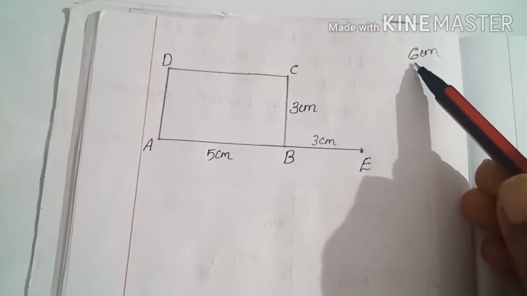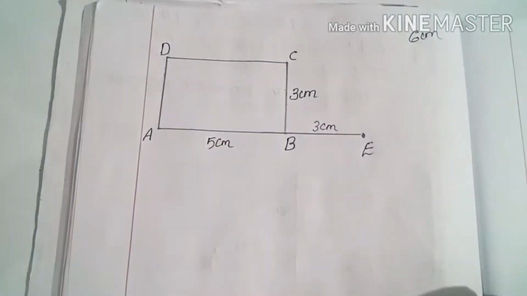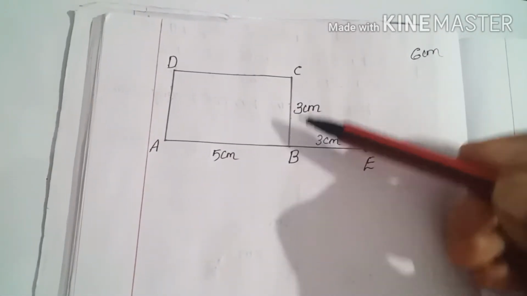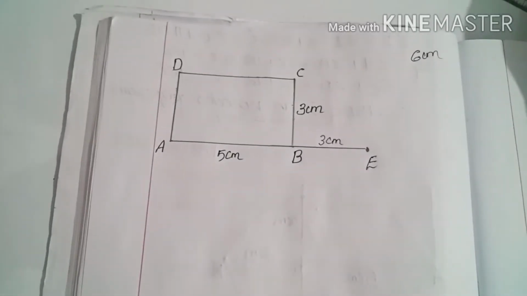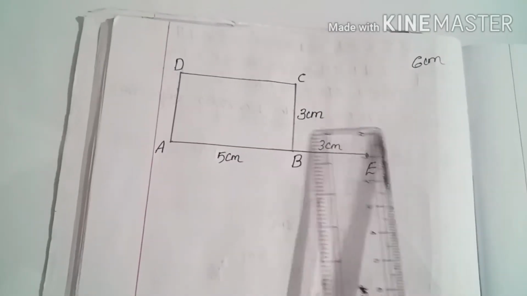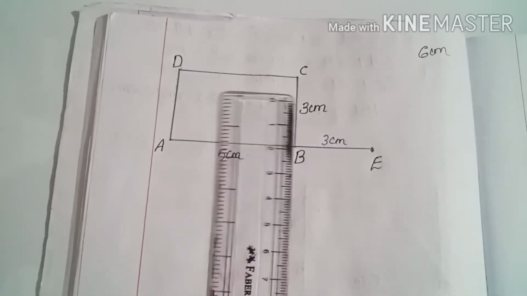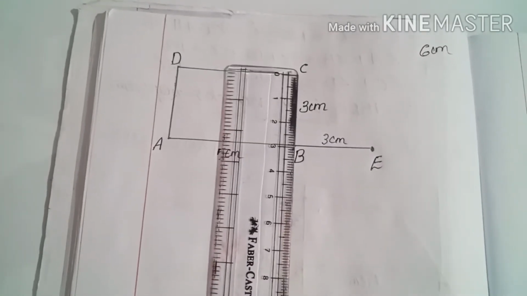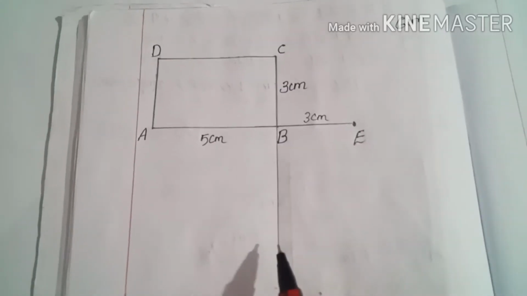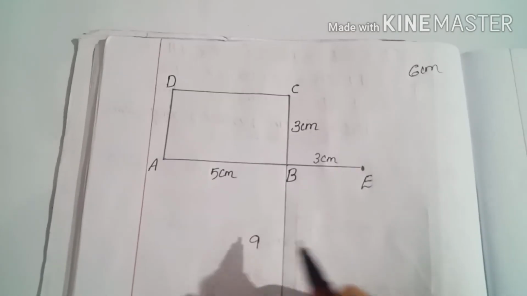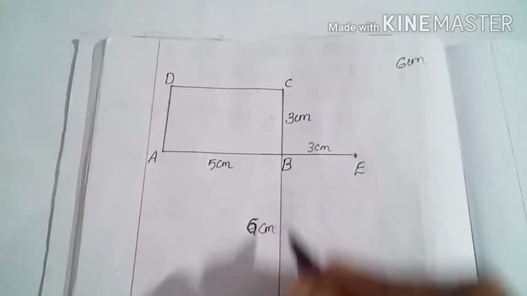6 centimeter. Okay, so that 6 centimeter you need to extend downwards along with the line CB. From this CB you need to extend 6 centimeter. So using scale, already 3 is here. In addition to that 6 centimeter we need, that is 6 plus 3, 9. So from this line extend up to the 9. Okay, like this. Here it is total 9, that is 6 centimeter. Okay, 6 centimeter is BP.